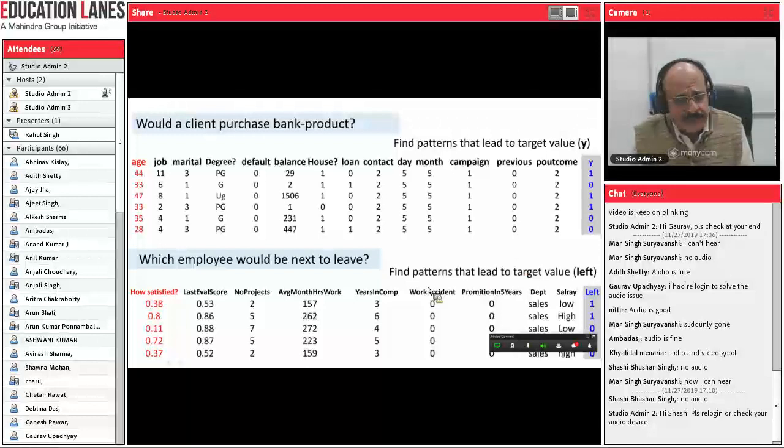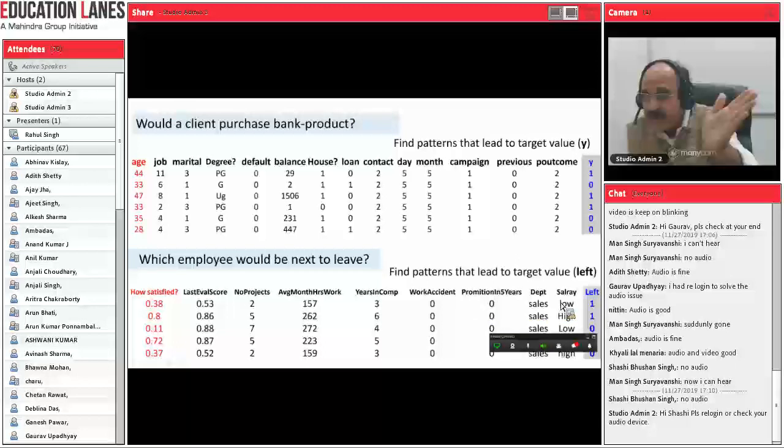The human resource department has lots of data for every person in its organization. How satisfied the employee is, what his last evaluation score by his senior was, how many projects he has handled, what the average monthly work is. This data is from IBM. Years in company, whether he has faced any accident, promotion in last 5 years,